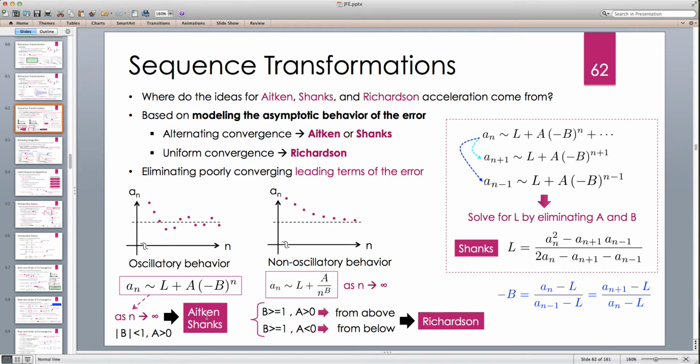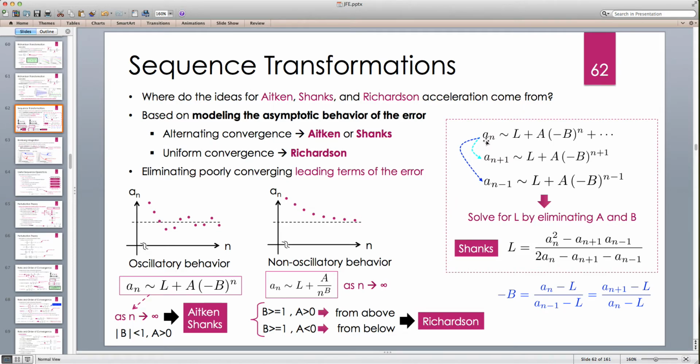And we said that for oscillatory behavior, we can model the error as basically some number to the power of n, right? So it's more like a power model. And then for non-oscillatory behavior, which is suitable for Richardson, it's more like 1 over n to some power. Okay? And then we said that, for example, if we have such a model for the error, some number b, and then another number to the power of n, so n is in the power, then we can say that